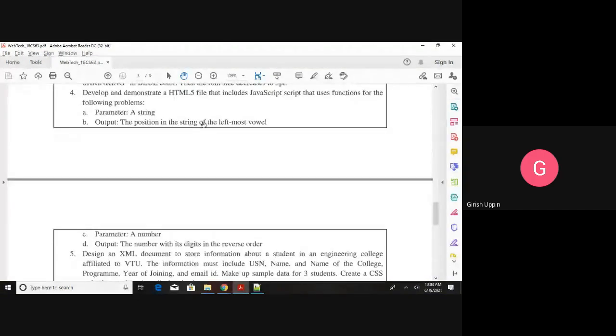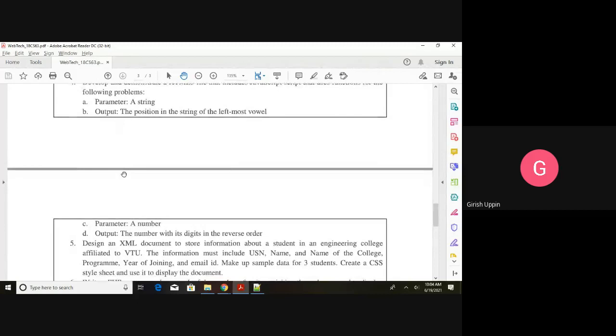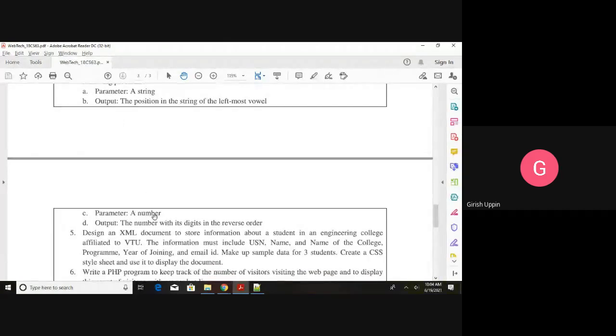Position of the leftmost vowel means if the user gives a string, it should give the position of the leftmost vowel. And if the given parameter is a number, then we have to reverse the number with its digits in the reverse order.